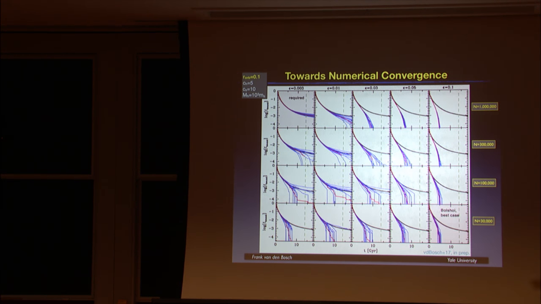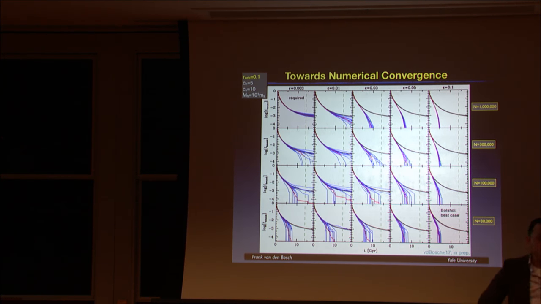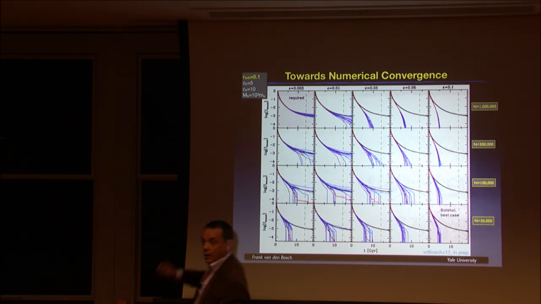Better yet, if these people say, oh, let's do a resolution study, so let's go and be bold and let's run it with 10 times as many particles. They never do that, they do 3 times. 10 times as many particles. All right, we'll go to 300,000. Let's make the softening length a bit smaller because I have more particles. We'll go here. And you come at this to this and you go, yeah, I'm converged. Yeah, you converged, but not to the right answer.